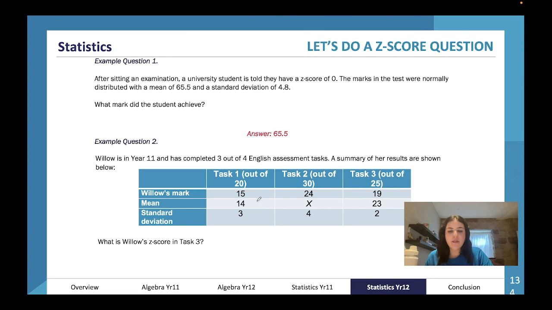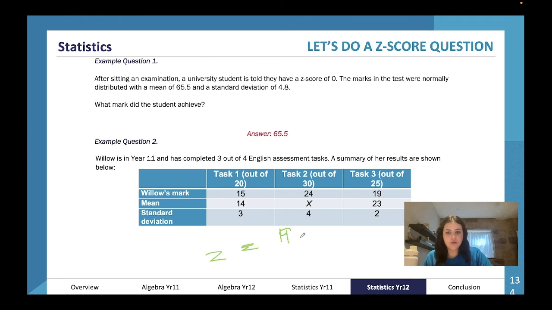was 19. The mean of task 1 was 14, she had a standard deviation of 3. The mean in task 2, we don't know, and she had a standard deviation of 4. The mean in task 3 was 23, she had a standard deviation of 2. Her Z score is going to be her score, 19,